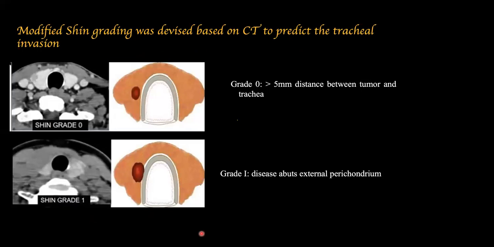That's known as the modified Shin grading. So you can see over here, grade 0 is when there is a more than 5 millimeter distance between the trachea and the nodule. So this is the nodule. So the normal